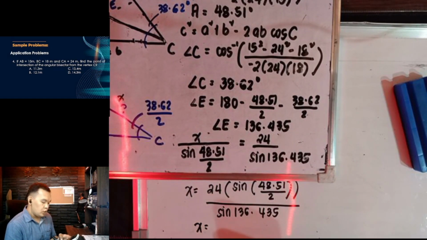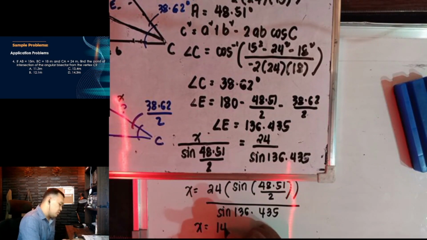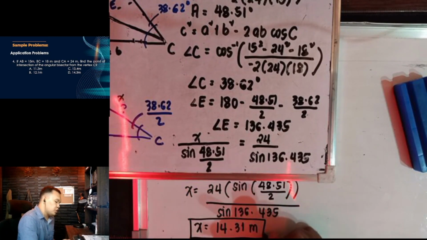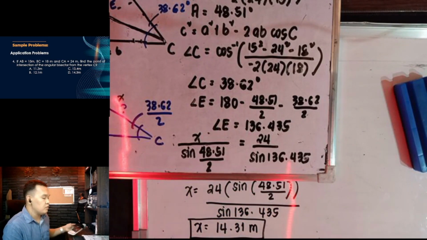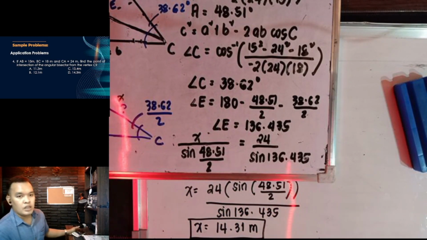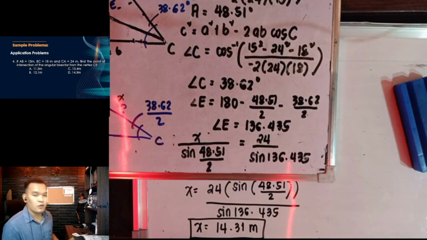So we have here 24 times sine 48.51 all over 2 all over sine 136.435. So the answer will be 14.31 meters. So the distance from the intersection of the angular bisectors to the vertex C is equivalent kay